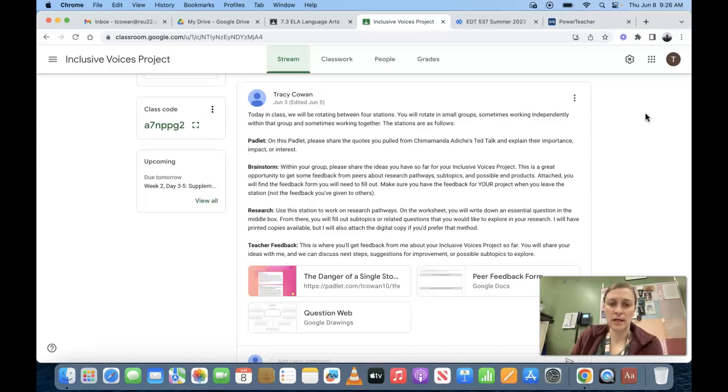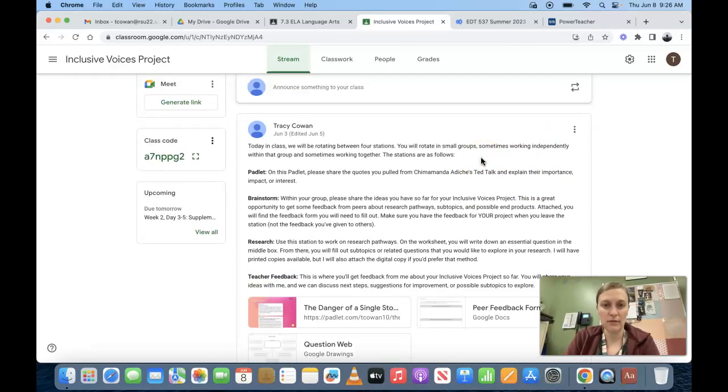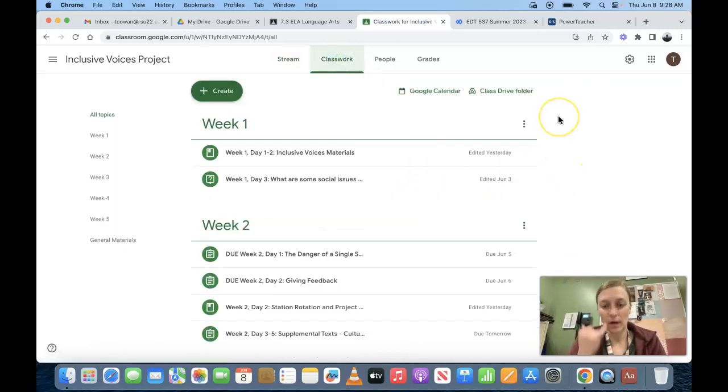I'm talking about one of the flipped lessons that I'm planning on doing. I will get into that a little bit later, but I just wanted to have that there as an example. So if we go to the classwork tab, I have all of the work organized week by week. Week 1 is really that introductory week where we go over the materials and the expectations for the project